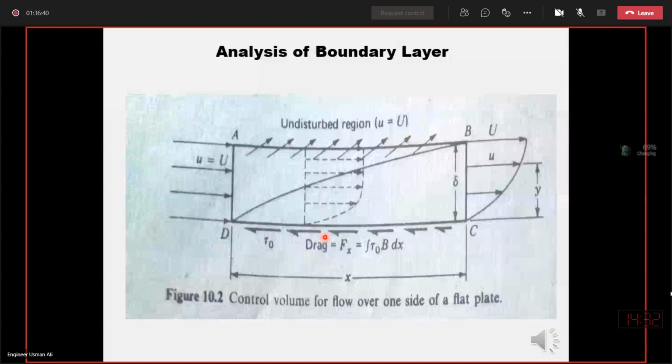So this is the one force on the control volume of the fluid. Rate of change. What is the rate of change of momentum? That is the momentum leaving the control volume minus the momentum entering the control volume. So this is the momentum leaving at surface BC, and this is the rate of momentum leaving from surface AB, and this is the rate of momentum entering from surface DA.